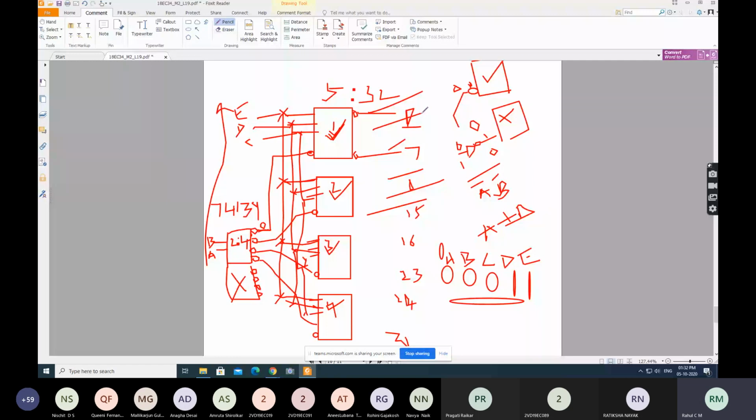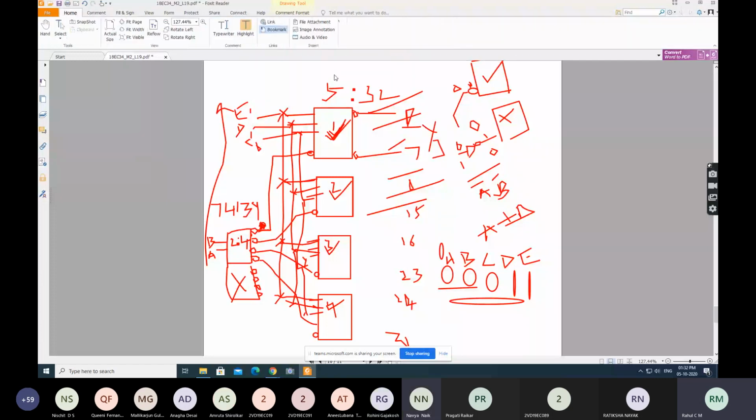First I say the fourth pin. What is the name? Y3, sir. Y3. Correct. It is Y3. Why? Because A and B are 0. So this first pin goes low. The output will be 0 here. It will trigger this IC, and C, D, E are 0, 1, 1, which is 3. So Y3 will be selected. Understanding? Everyone? Yes sir.